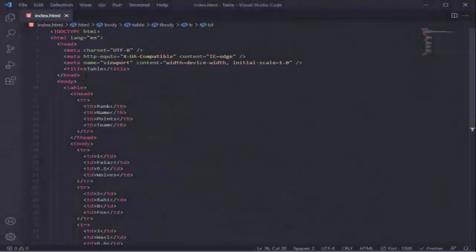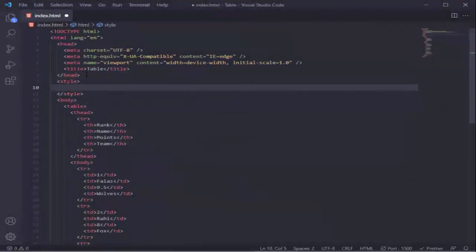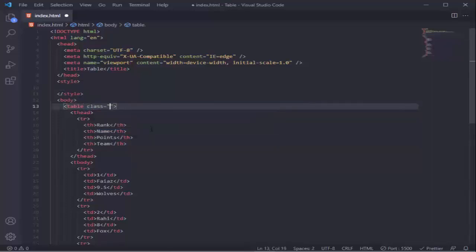Now I will style it. To style it I am going to use internal style. You can use external style as well because it is more preferable, but for this video I am going to use internal style. Now I am taking a class content-table inside the table section. In the style section I am calling that class,